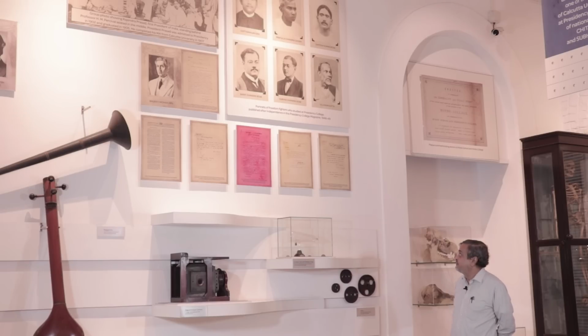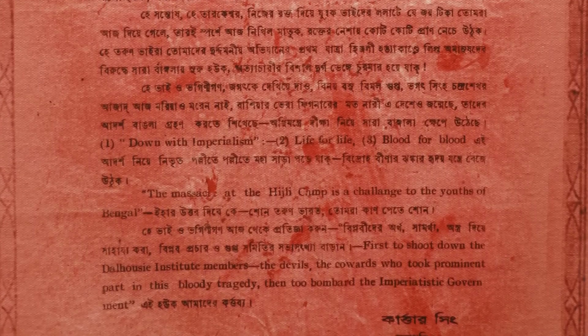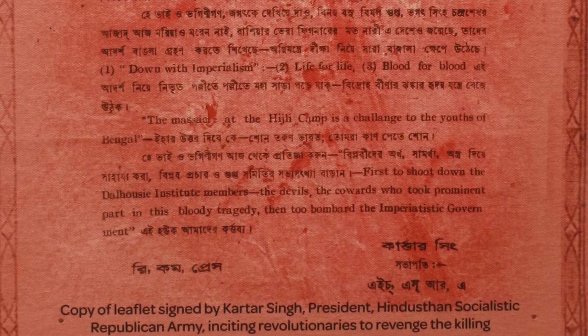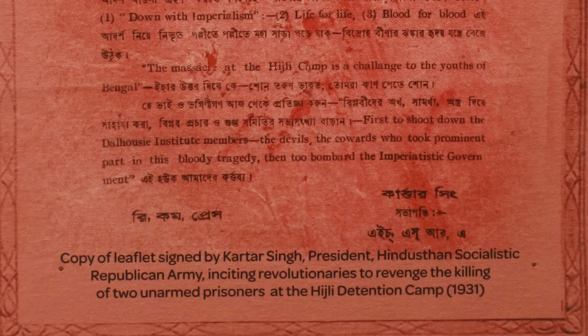deliberations and sometimes activities. Now, if you look at some of these letters, the red one behind me was a poster that was seized from the walls of what is now Hare School. This was the poster of the Hindustan Socialistic Republican Army. Now, it was to this outfit that the martyr Bhagat Singh belonged. This is signed by Kartar Singh of that outfit, and this is a call to avenge the killing of prisoners in Hijli